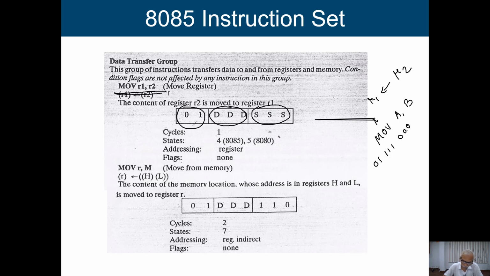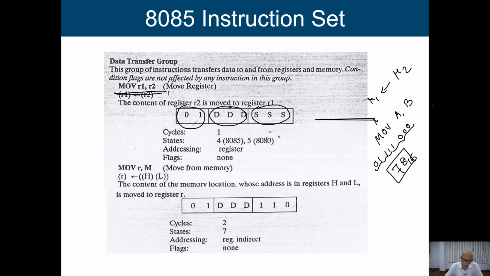So this is your source, this is your destination. So it is basically transferring information from B to A. Now if I look into it, here I am going to get 7 and 8. So 78 is the machine code for this particular instruction, but this 78 is in hexadecimal format. So this 4-bit will give 7 and this will give 8.